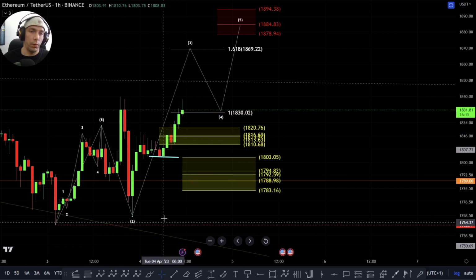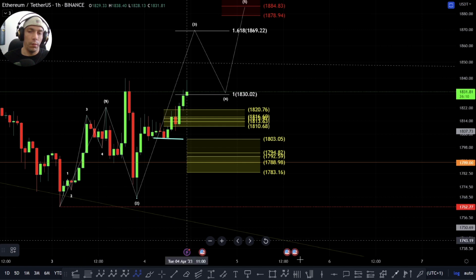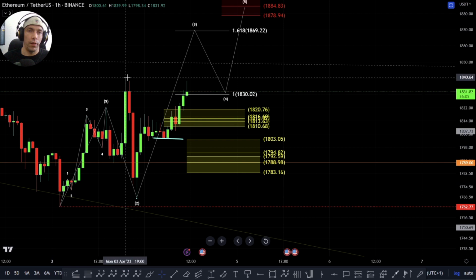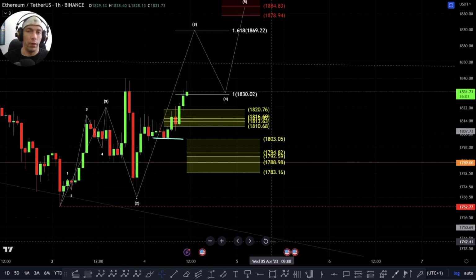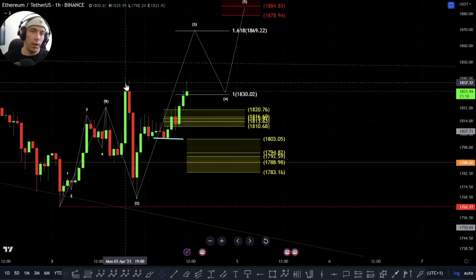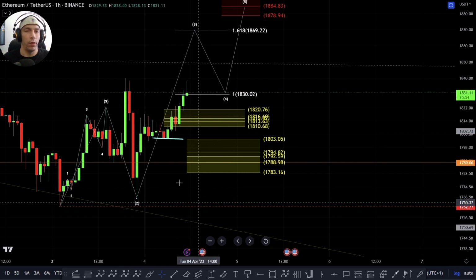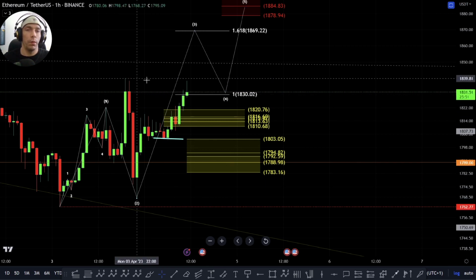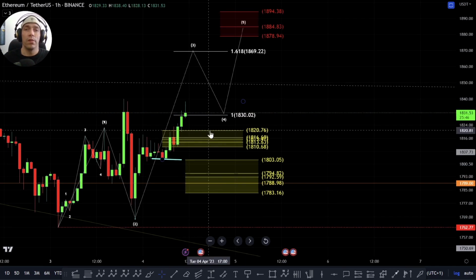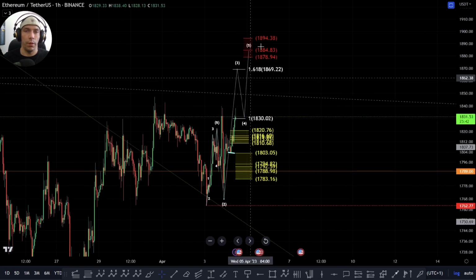We need to just be careful though, because like I said, I'm looking at this as a flat, but even within this move here, we could just have this as a corrective structure, and then this is the beginning of another leg down. So this is what we need to just be careful with when we get five-wave structures. Basically, they can extend to the downside or the upside. So this is why we always need to be cautious until we actually take the high points or the low points. So this would be potentially what I'd be looking for here, looking for this to become a bigger five-wave